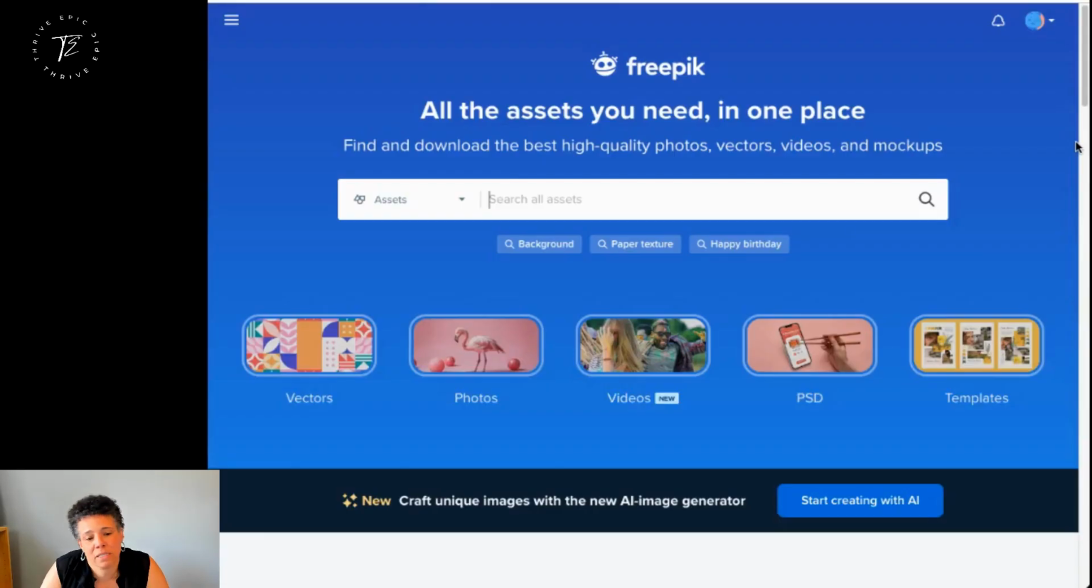Freepik is pretty amazing. They have several different kinds of assets that you can have access to. So not just photos. You can see here that they have videos as well. They have vector files, they have Photoshop files, and they have other templates. So today I'm going to focus a little bit more on the photos and I'll show you some